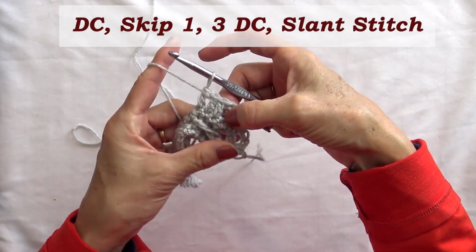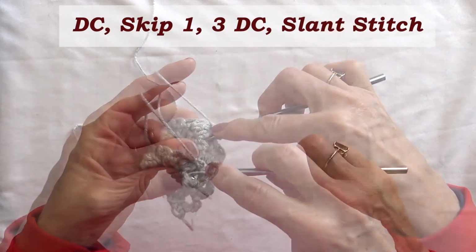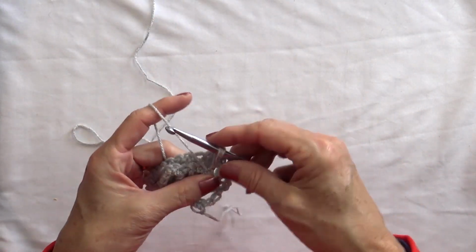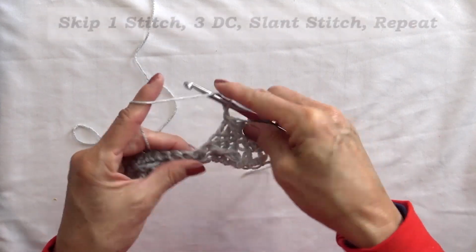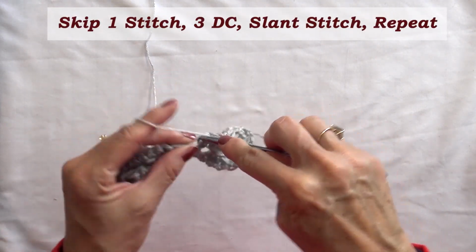Now we do the slant stitch back to the single crochet that we skipped. So you yarn over, go underneath your single crochet, draw back your yarn, stretch it out nice and tall, go through 2, yarn over, go through 2. Skip a single crochet, do 3 double crochets,